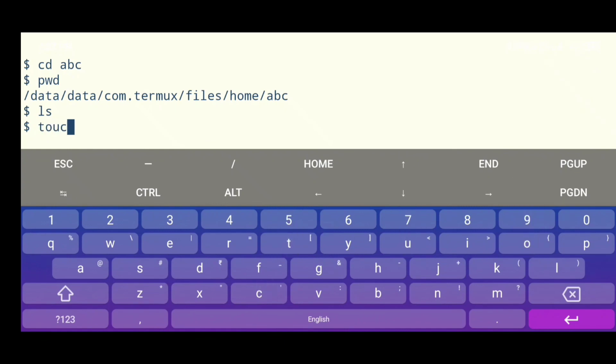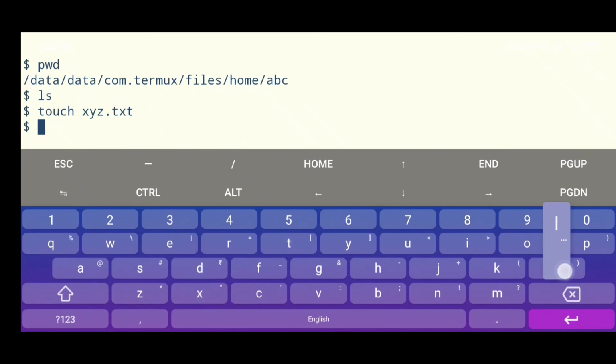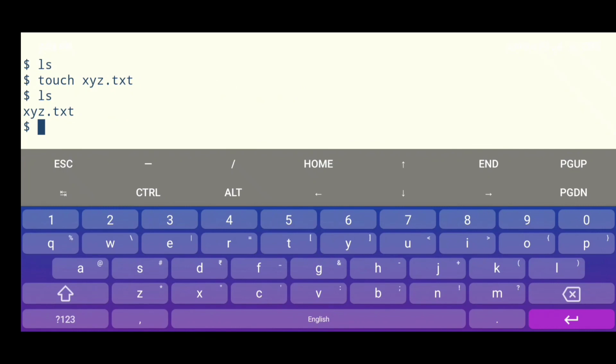Now we are going to create a file using touch command. It is touch space and the name of the file. Here I am using xyz.txt. Now you can see by typing ls there is a new file called xyz.txt created.